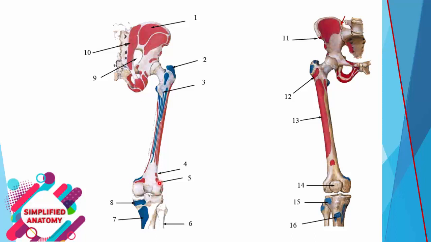This muscle is gastrocnemius, lateral head and plantaris. What about number 7 and 8? Number 8, semimembranosus, and number 7, popliteus muscle. About the anterior view, this muscle is iliacus. This muscle, number 11, attached to the anterior superior iliac spine, is called sartorius. Anterior inferior iliac spine, rectus femoris.